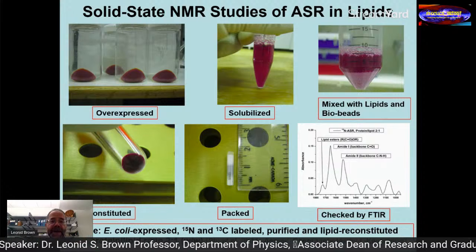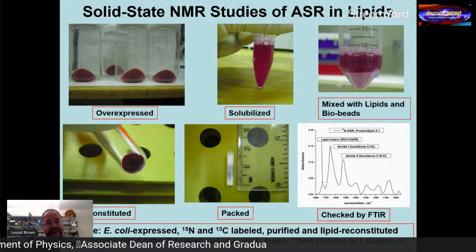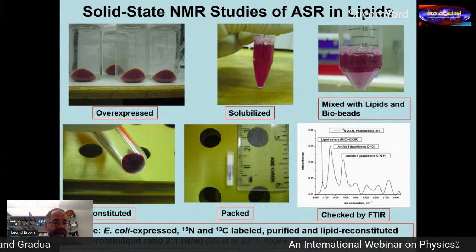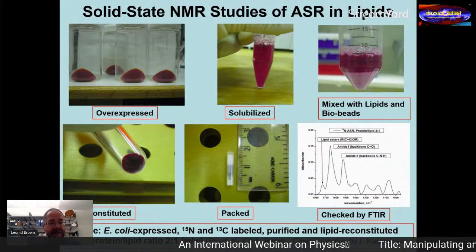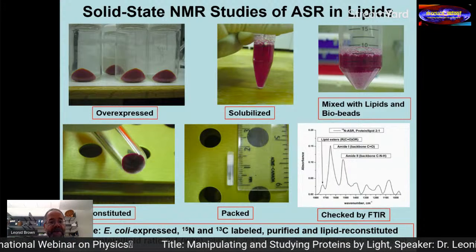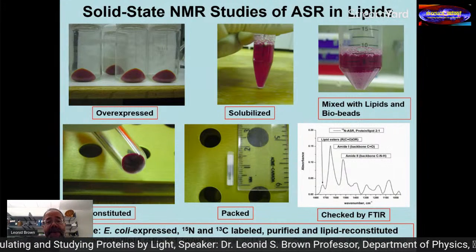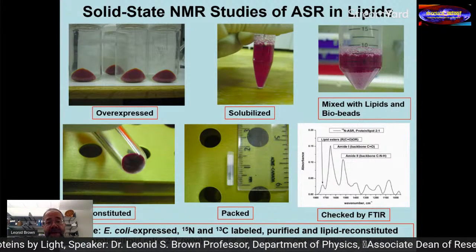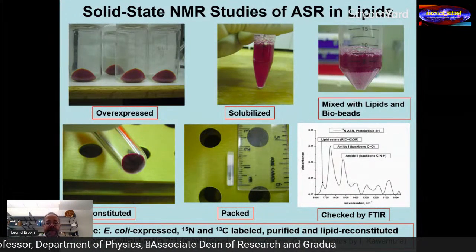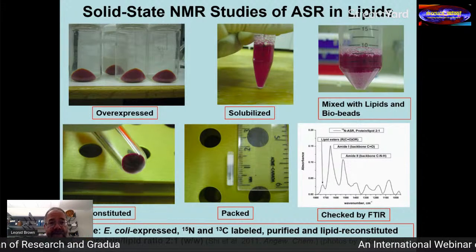I told you we want to put it back into lipids, so we mix it with lipids, and then we withdraw the detergent by so-called biobeads, which are porous beads, and then we have these proteolipid complexes, which we put into these rotors for magic angle spinning. These are, of course, N15 and C13 labeled. Before we do NMR, we can do infrared spectroscopy to double check that our protein is healthy and has enough lipid, because in infrared we have signatures for all of this. Great. Then we started doing NMR,